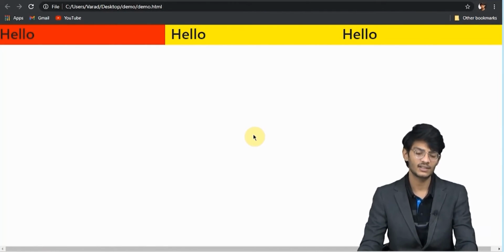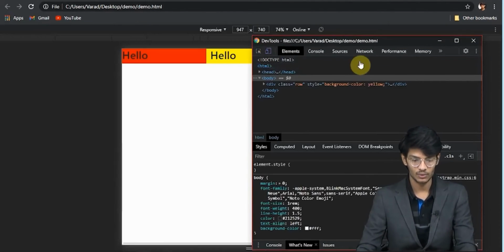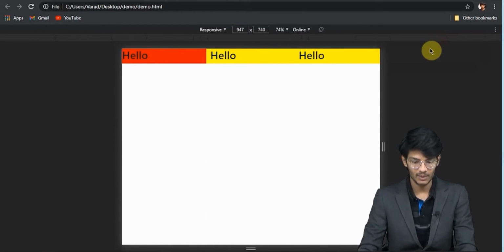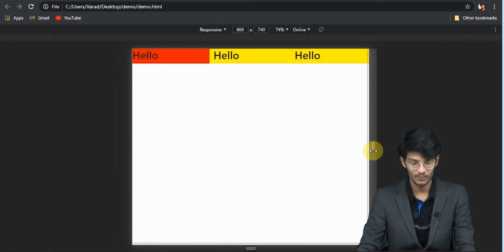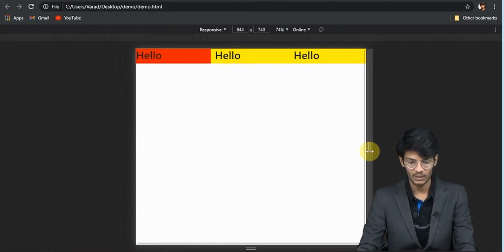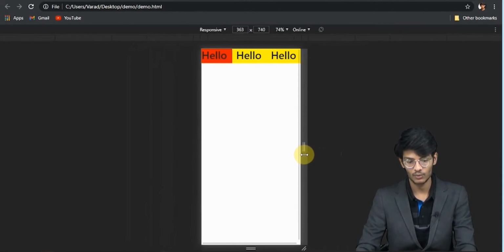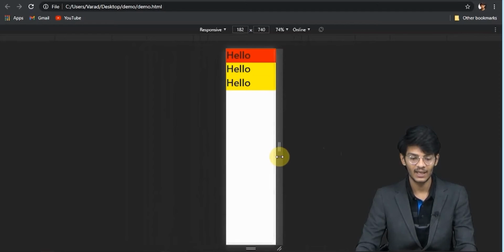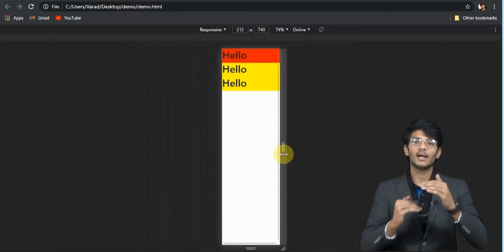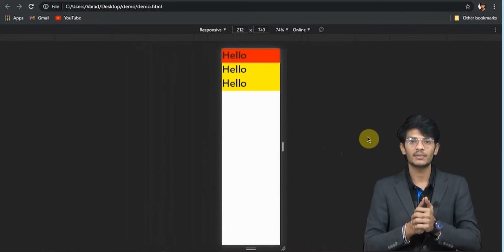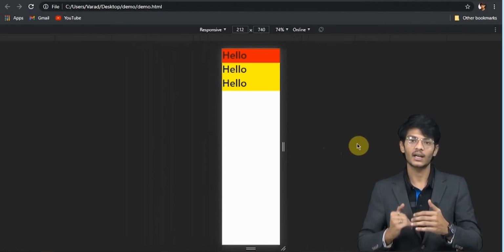Now let's just see what happens when it goes into a mobile or a tablet phone. So we'll go into inspect and we'll see what happens. Okay, so as we squeeze the screen, they arrange themselves one under another.